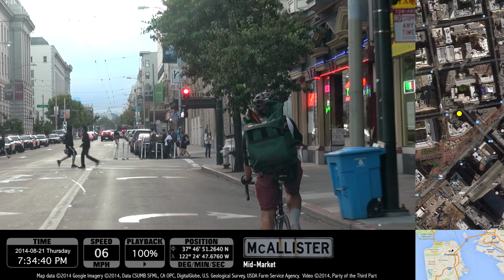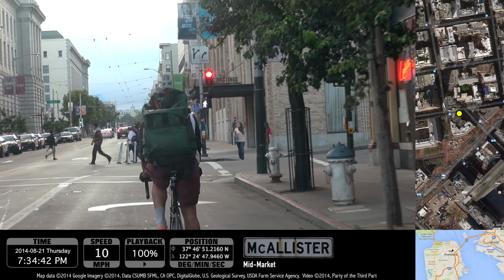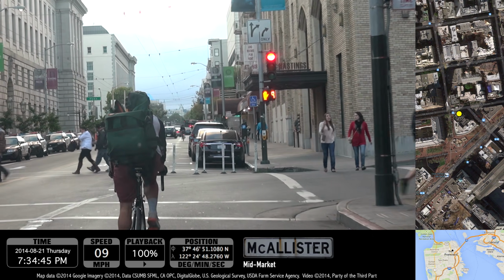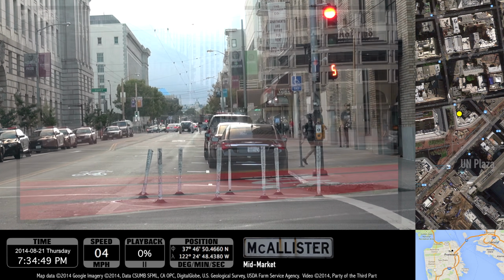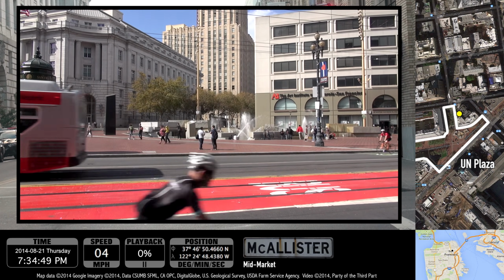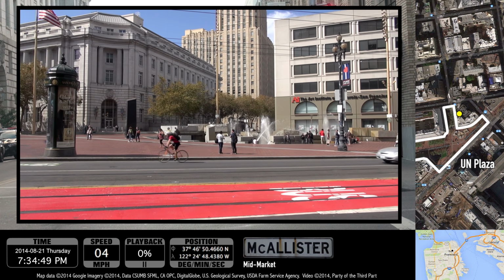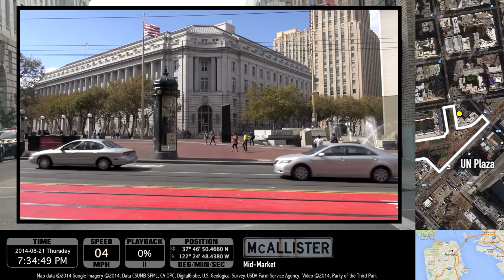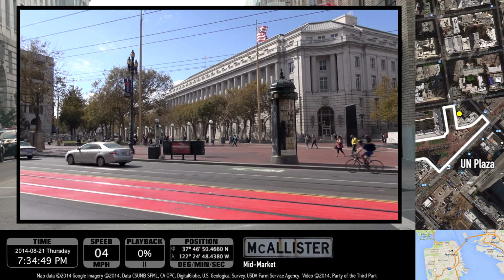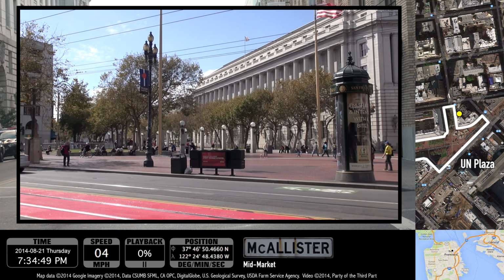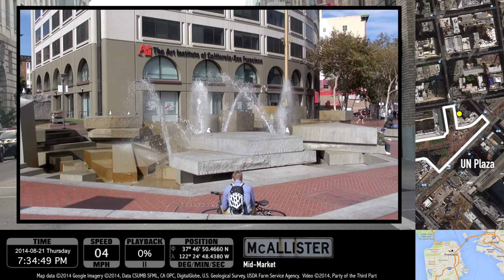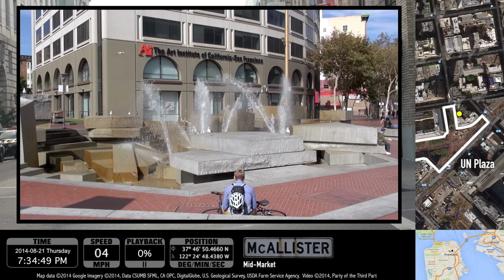The GPS shows us wandering over toward UN Plaza. We aren't really, but since the GPS wants us to go there, let's go take a look. UN Plaza is one of the places where the Tenderloin neighborhood meets the rundown mid-market area that I mentioned earlier, so it has kind of a checkered reputation. A lot of homeless people hang out here and camp here, and sometimes there have been problems with them using the fountain as a shower or a toilet.